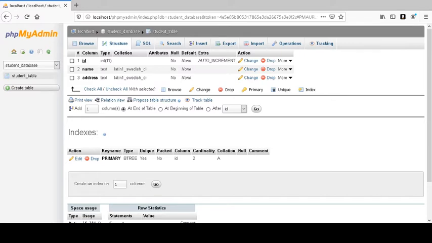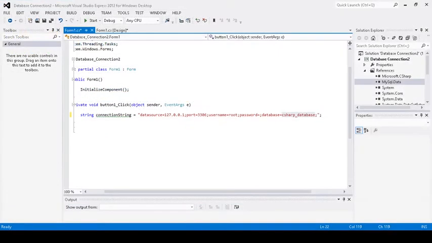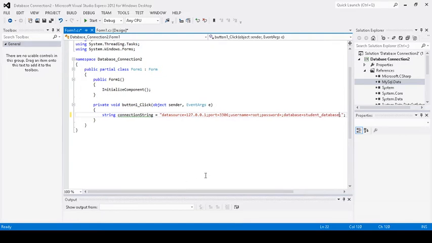So we have to change the database name. So we have student database, student_database. Okay, next we have a query.